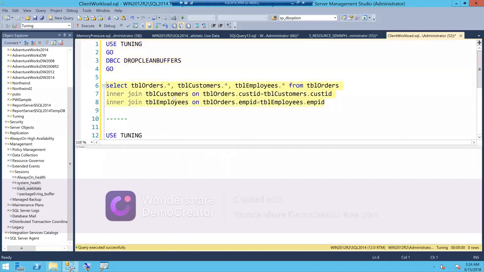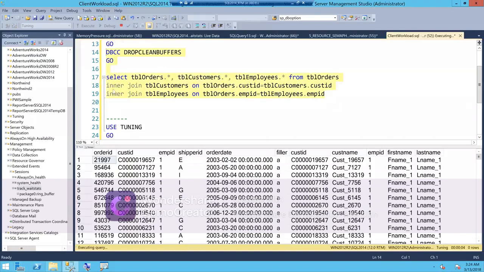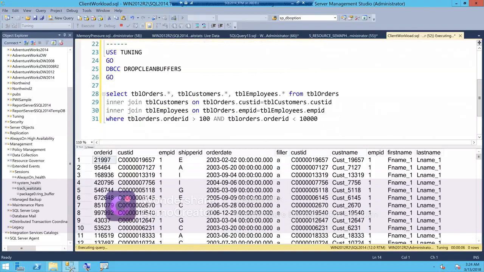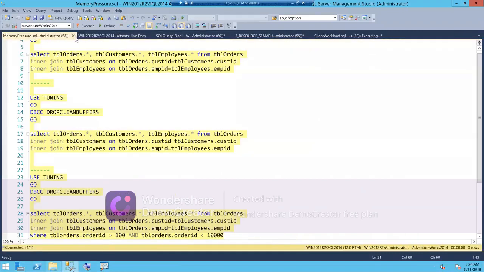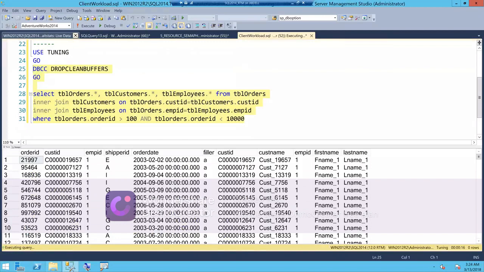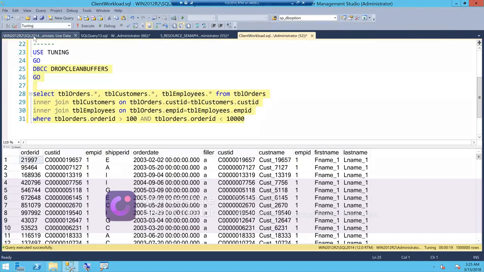Let's say this was a stored procedure. So first you ran this query, then you ran this one, and while you're running all this, there you go. And if we stop this,